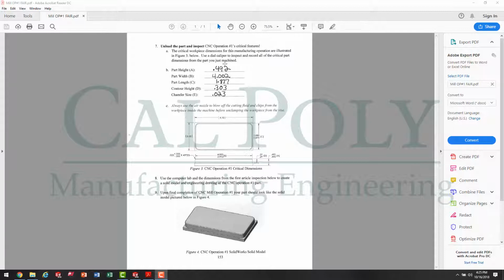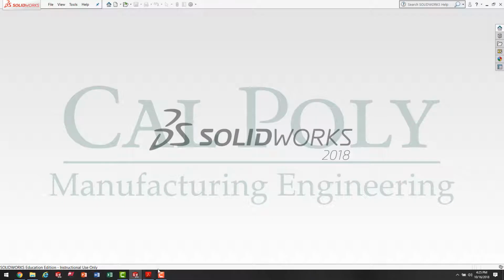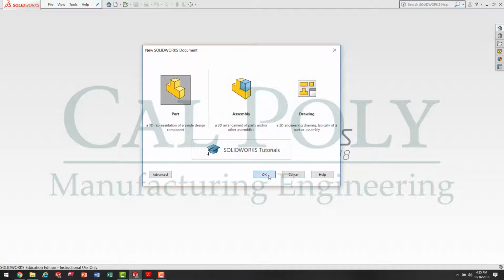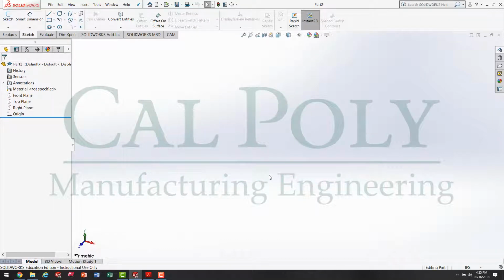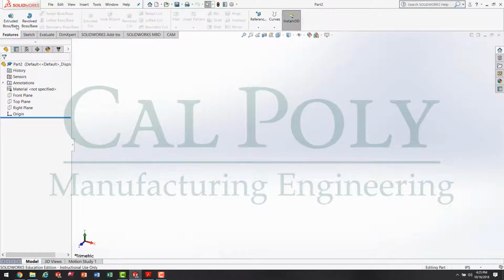So looking at these values and looking at the different views here in figure 3, I need to go to SolidWorks and create a brand new file. The first step is File, New. I'm going to select Part and press OK. At this point, it brings me up with a blank part environment where I have my 3 mutually perpendicular planes here, my front, my top, and my right. And I'm going to hit my Features ribbon bar and use the Extrude Tool to make my